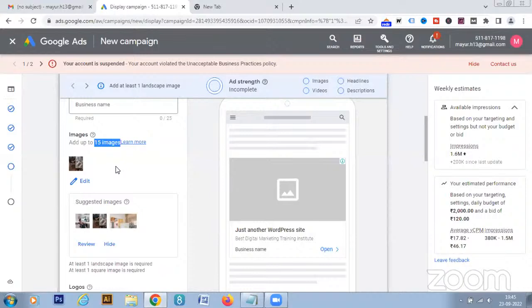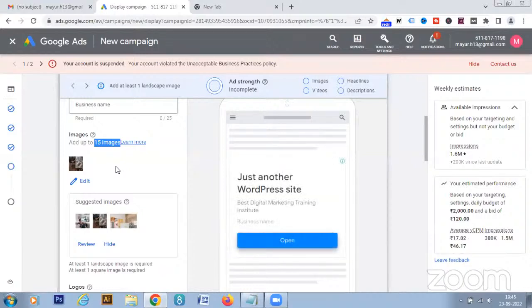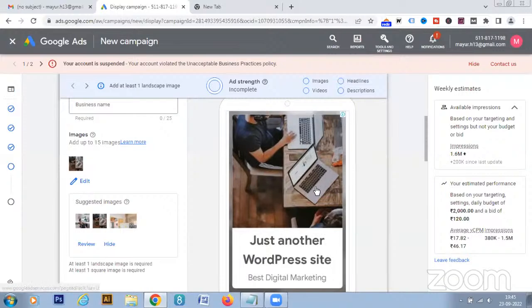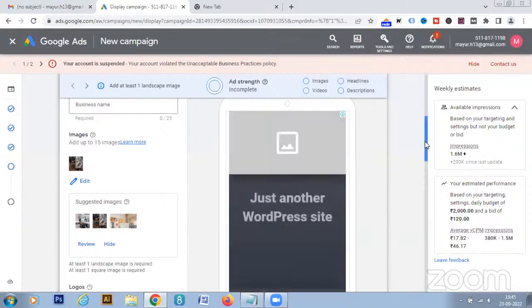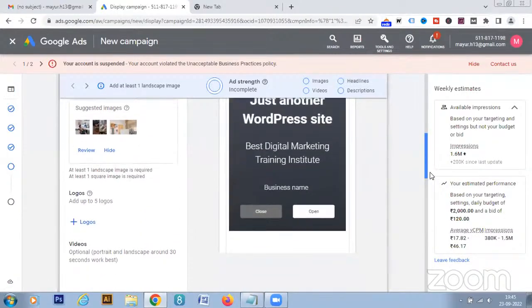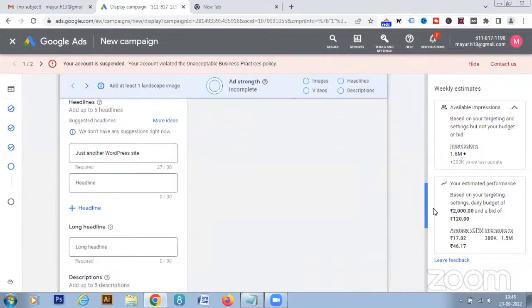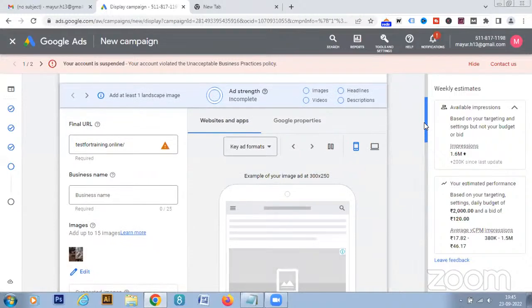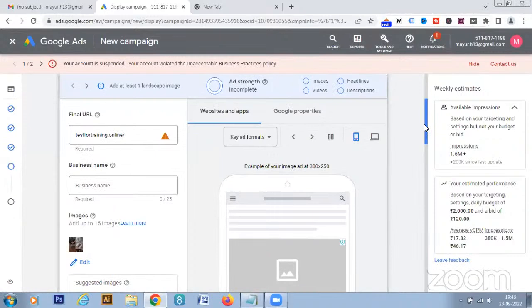The same thing it will do as it did for search marketing, wherein it will optimize for the images which are getting you the best results. So that's also important for us. So as you can see, this is how it looks. And again, the text options, everything we need to add, we will come to that in a bit. We added up to 15 headlines we can add and 4 descriptions in search marketing. Here again,